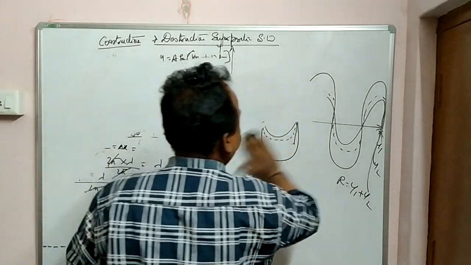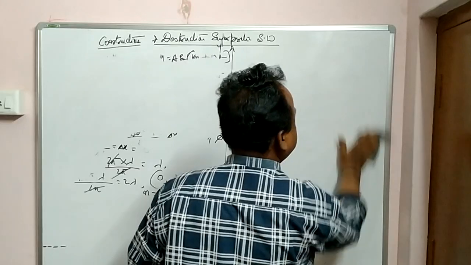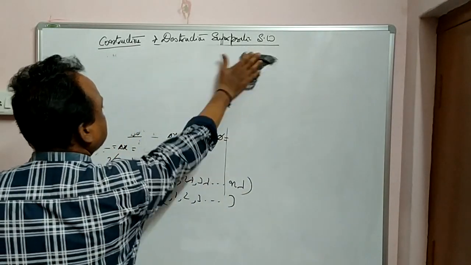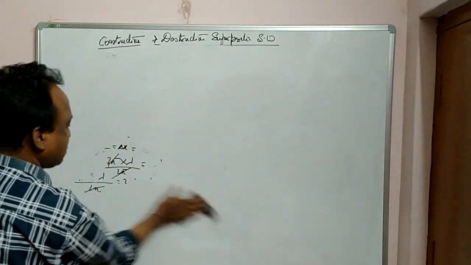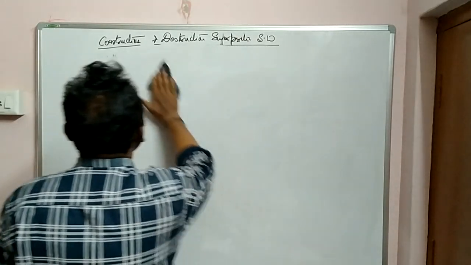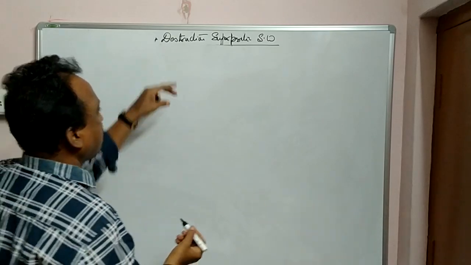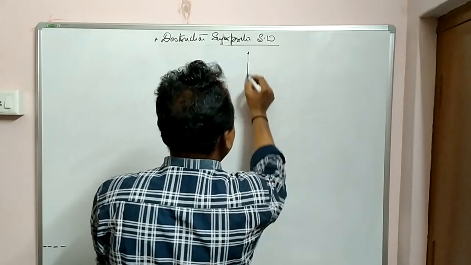And again draw the figure for destructive superposition of sound waves. Here a small variation will be there. You can observe carefully. The next one is destructive. Let us see what happens in destructive. In destructive sound waves, if you draw the graph, see here,